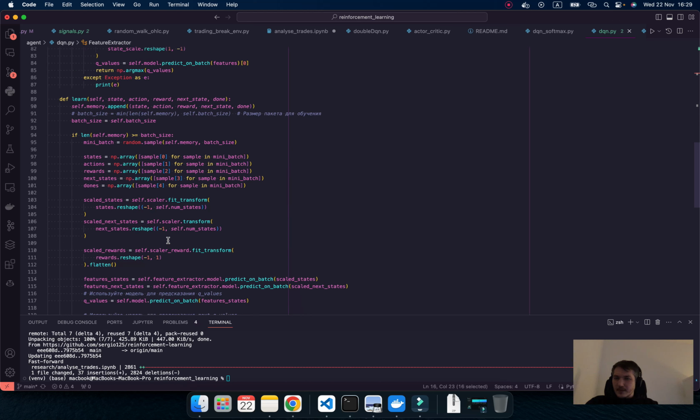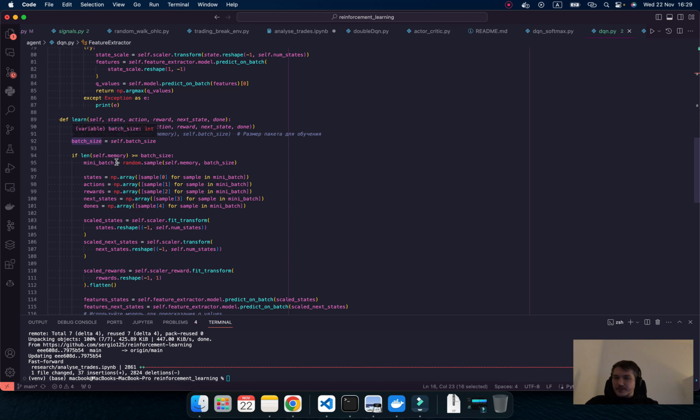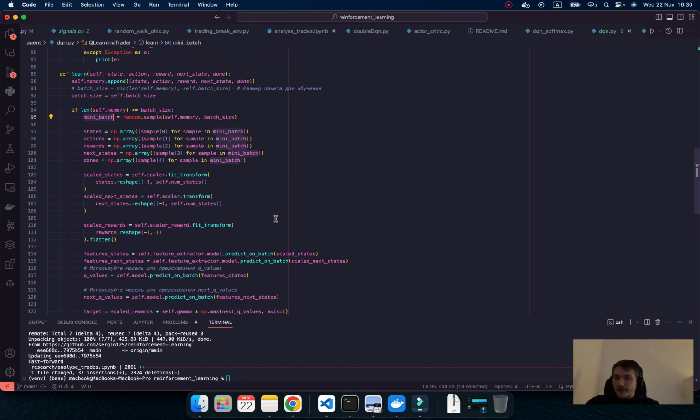Let's look at it. You see, we take the batch size. Yeah, and this strongly influences my results. If the mini batch size is more than 100, I achieve better results. If I use a very small batch size, the results have some noise, some dispersion. Okay, and you see I have states, action, rewards,